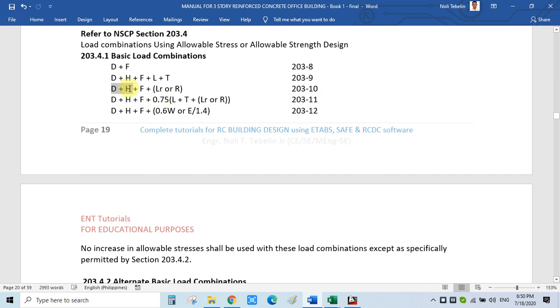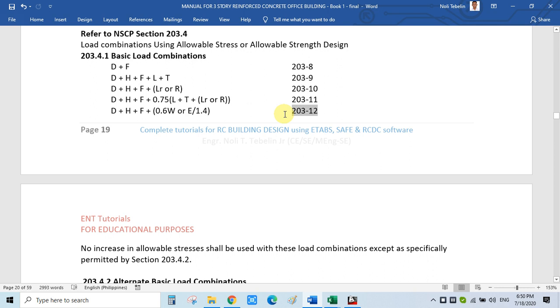Then I have this equation 203-11 dead load plus 0.75 live load plus 0.75 roof live. Then we will have equation 203-12 dead load plus 0.6 or 60% of wind or earthquake over 1.4. So, yung earthquake natin dyan,